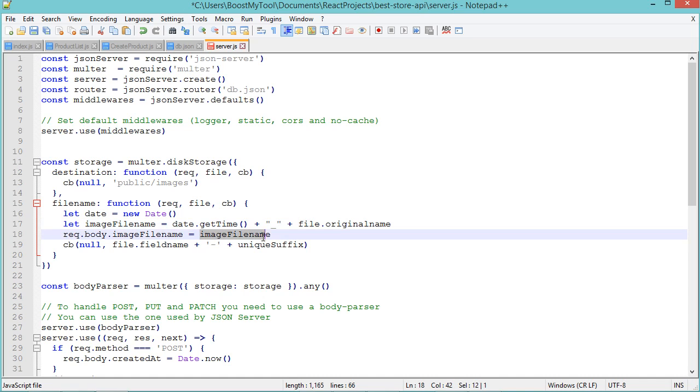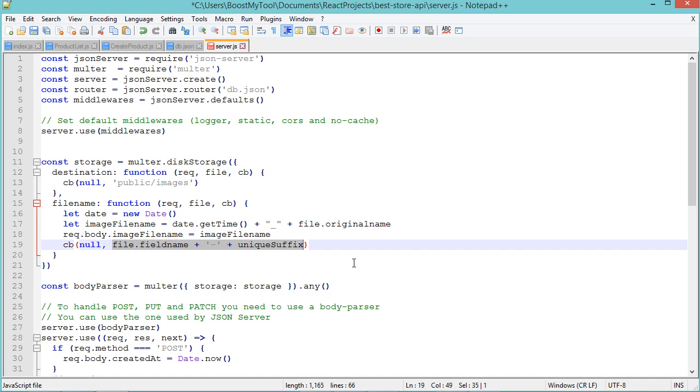Then we will add the image file name to the database. So we will add it to the body, and later it will be saved into the database file. Then we have to provide the image file name to this callback function. So we can delete this value. And let's replace it with the image file name variable. Then let's update the rest